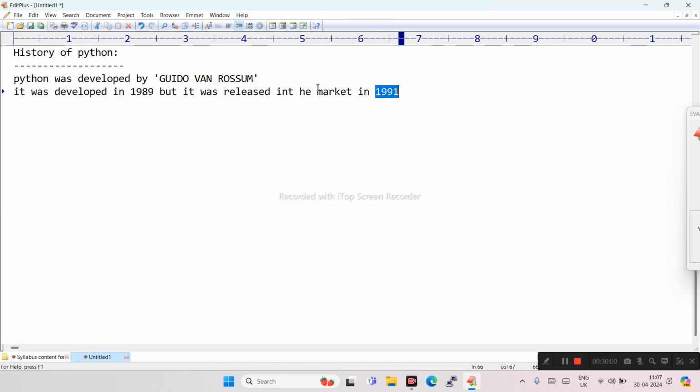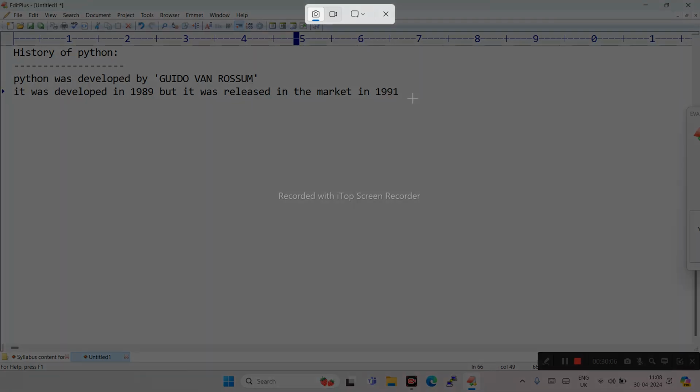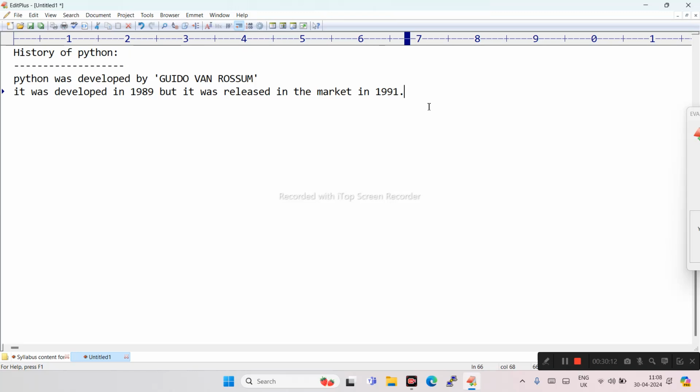After the development, it was released in the market in 1991. So since 1991, we are using Python.